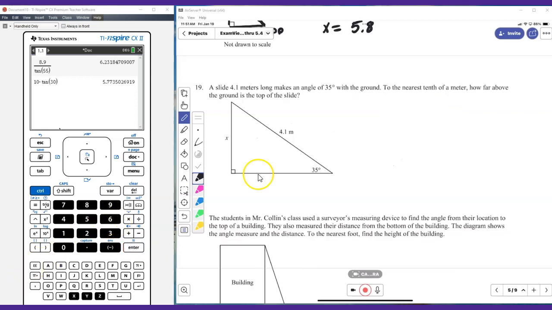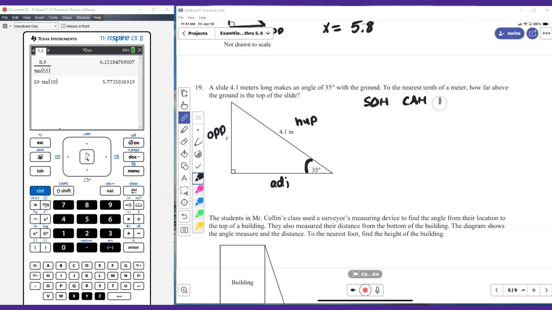A slide 4.1 meters long makes an angle of 35 degrees with the ground. To the nearest tenth of a meter, how far above the ground is the top of the slide? So this is your opposite, and this is your hypotenuse. And this is your adjacent side compared to the 30 degree. So you got to check